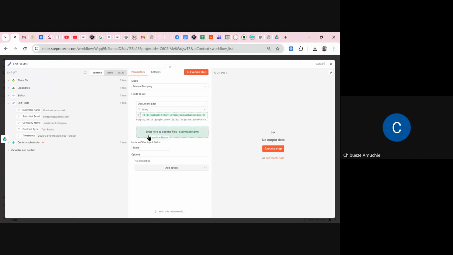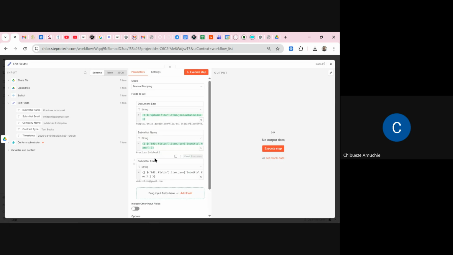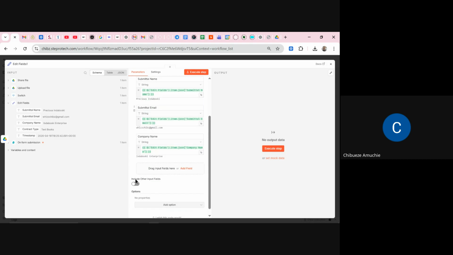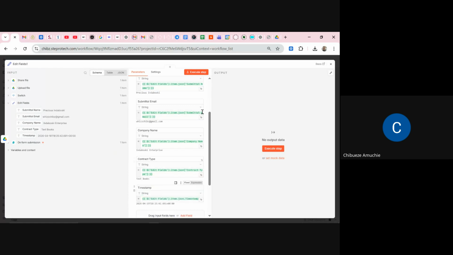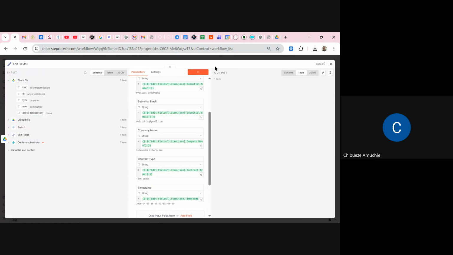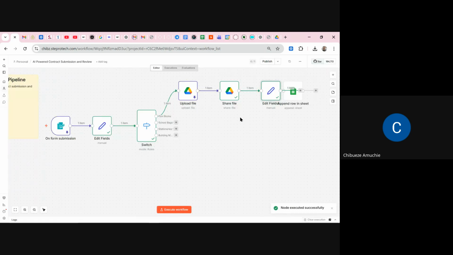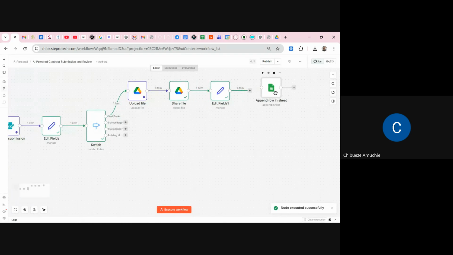All right. Then I will collapse this and go to that edit field and map other things around it. As usual, I map this here. I map this here. I map this here. Company name. I map this here. Sorry, I didn't move this off. Contract type. I map this here. And timestamp. I map this here. Right. And I execute it. Okay. Then I will now connect